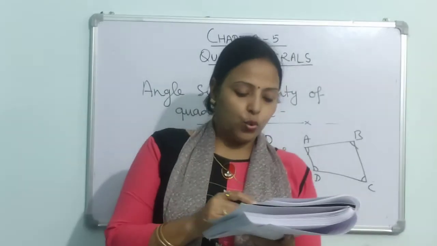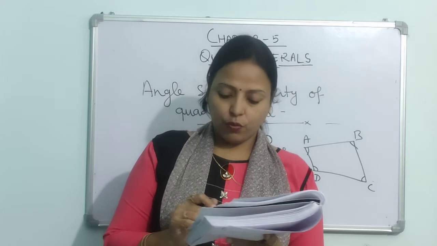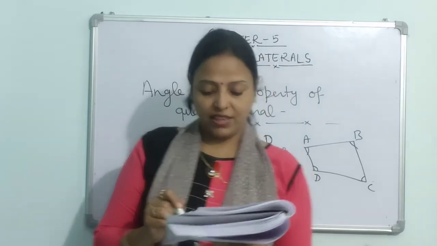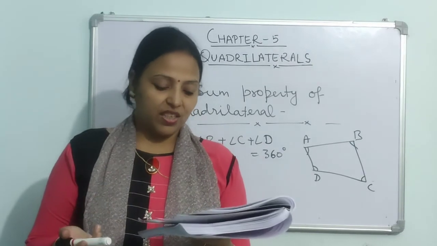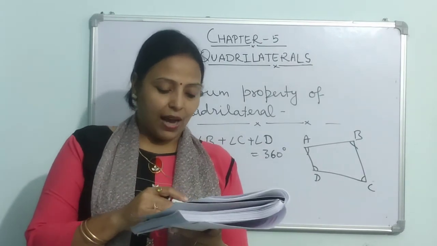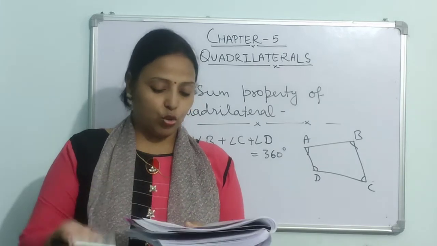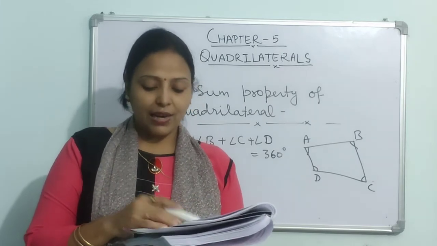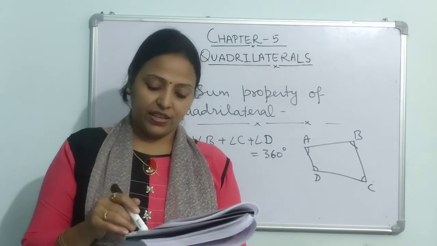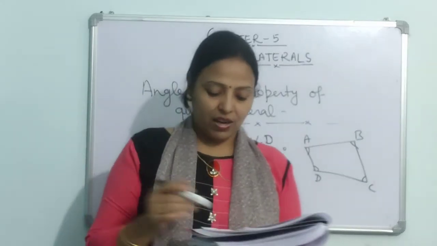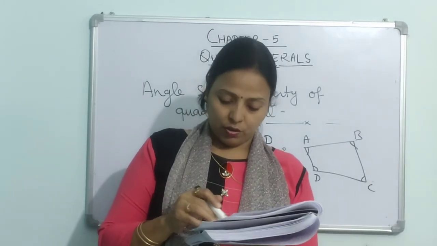The points Q and U lie in the interior of the quadrilateral. No, this is false. Q and U are not inside the quadrilateral, they are outside. So the first statement is false. The points R and T do not lie on the quadrilateral. Yes, this is true. Why? Because R and T, you can see in the figure, are inside the quadrilateral. So they are interior, not lying on it. So this statement is true.